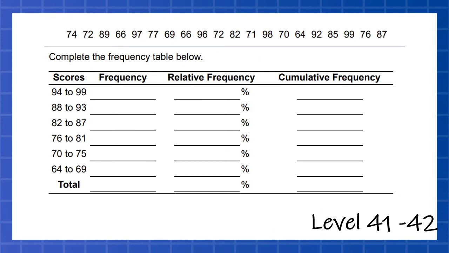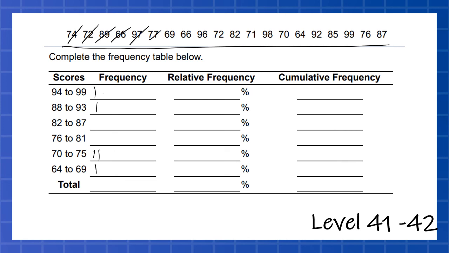Now we should do this at least once. We should do this frequency table. So the way this works is we're going to build a frequency table, and we're going to calculate the relative frequency and the cumulative frequency. So we've got our data up top. And what I'm going to do is first, I'm just going to make tally marks and build my frequency table with tallies. So I'm going to look 74, I'm going to cross it off, and I'm going to put a mark, a tally between 70 and 75. 72 also goes there, 89, 66,